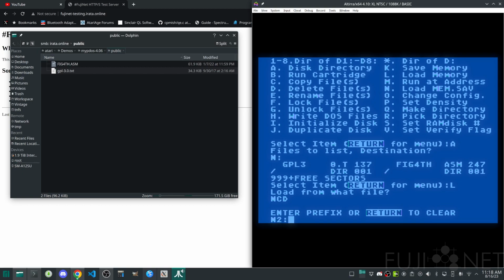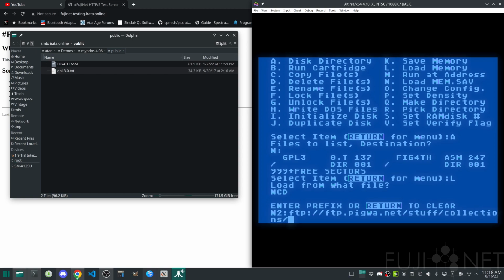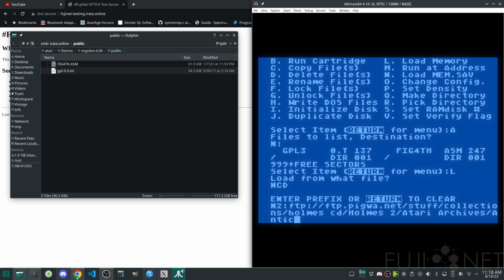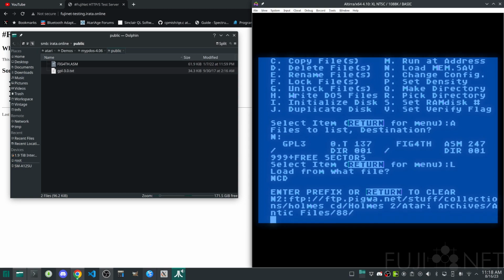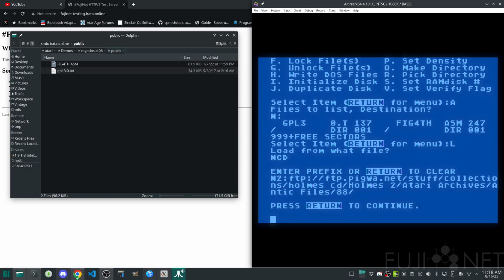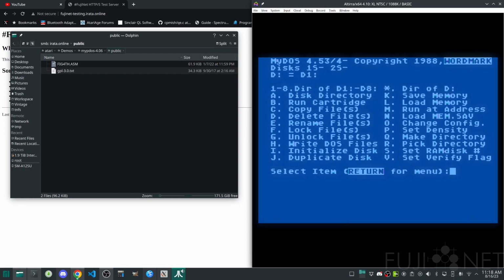So while we have N1 set up over here to be my SMB file server, I can just as easily go back over here and point N2 over here. So if I do N2,